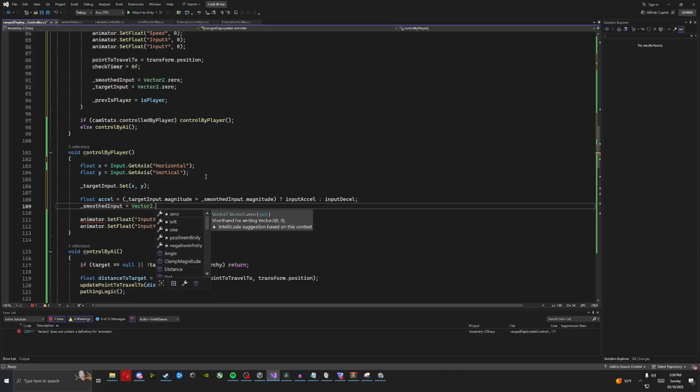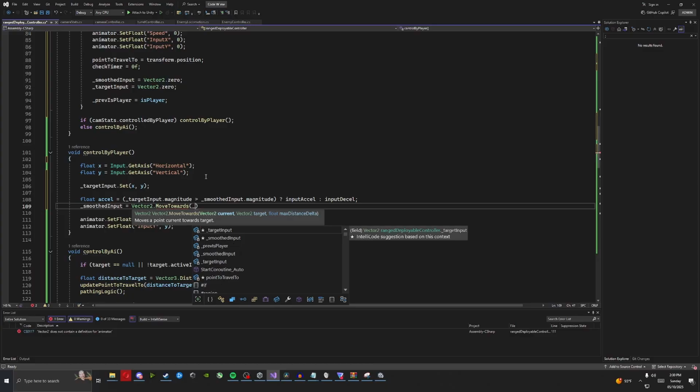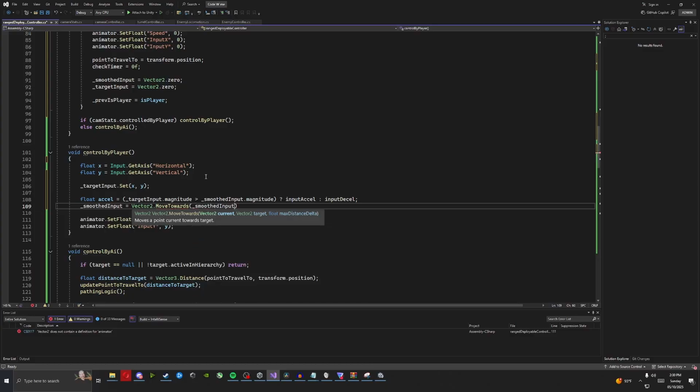So Vector2.MoveTowards, which is kind of like the lerp and slerp from the other ones. Smooth input, targeted input with acceleration times Time.deltaTime. Okay. And then we feed the animator